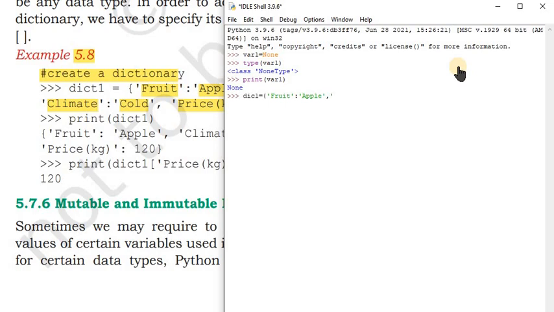Second is climate, and its value we are assigning is cold. Now our dictionary is closed. Syntax error, invalid syntax.